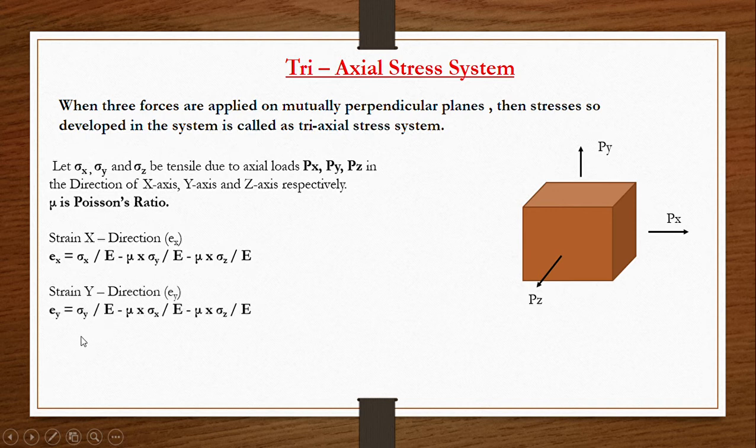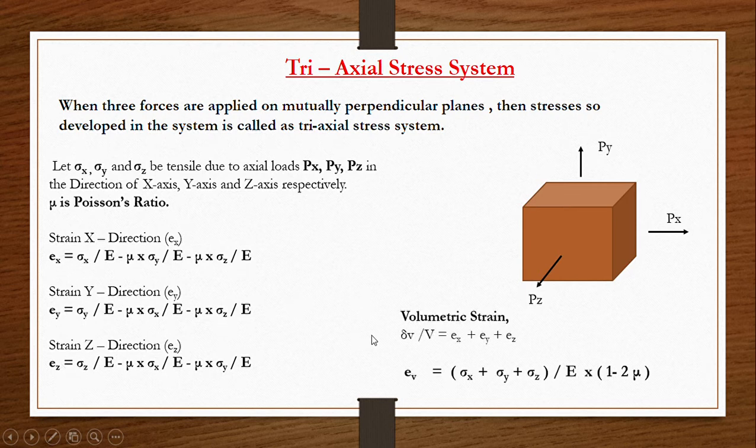Considering the same for the strain developed in the y direction, we consider the other two stresses as negative, that is sigma y divided by E, minus mu into sigma x divided by E, minus mu into sigma z divided by E. Similarly for z, sigma z divided by E, minus mu into sigma x divided by E, minus mu into sigma y divided by E. Just keep in mind that for x, the first will be x, for y, y, and for z, z. So the total volumetric strain